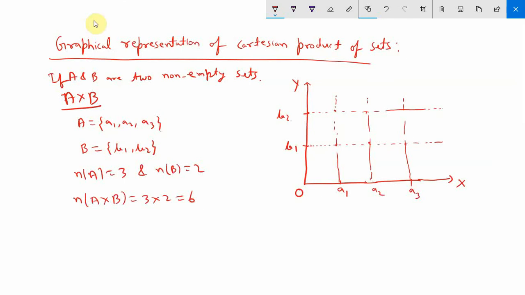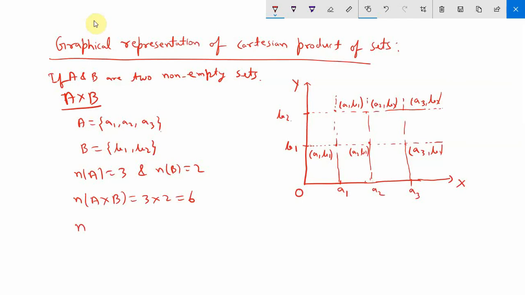So this one will be A1 B1, this is A2 B1, and this one is A3 B1. This one will be A3 B2. This one will be A2 B2 and A1 B2. Okay. So six ordered pairs we are getting, and if we do by simply